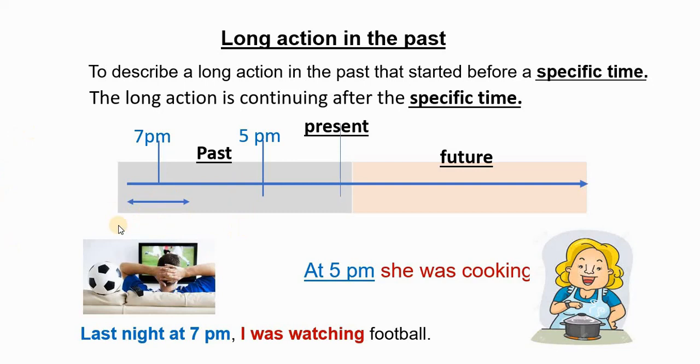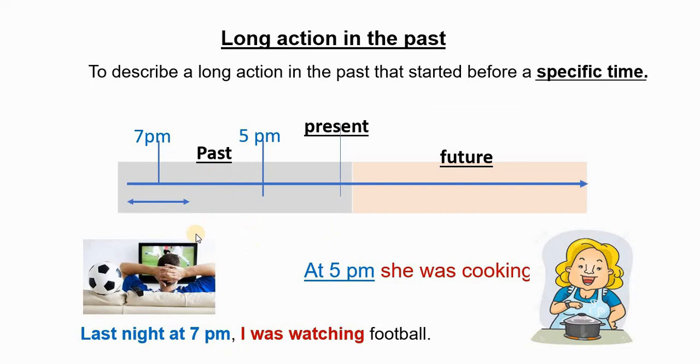So he started to watch before 7 o'clock, and he finished watching after 7 o'clock. So this is the long action. So last night at 7 p.m. I was watching football. So we are defining an action that we are in the middle